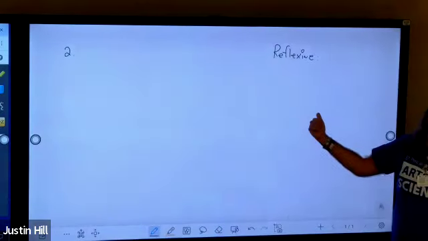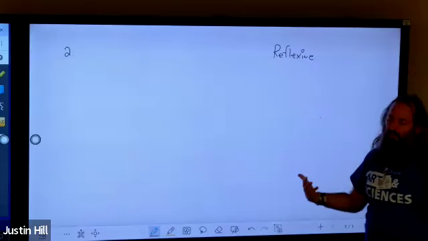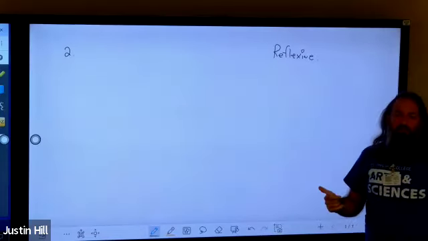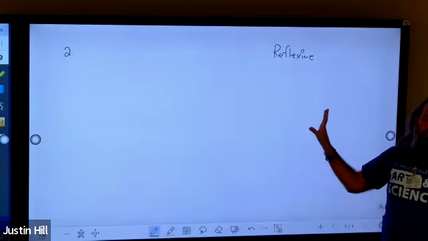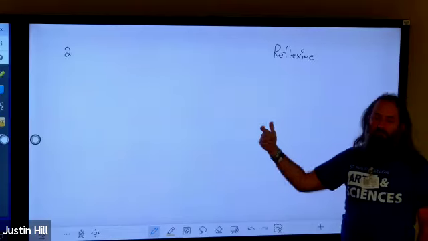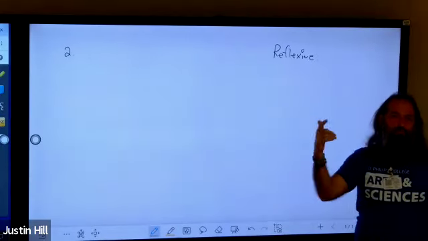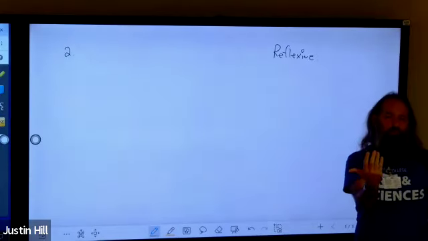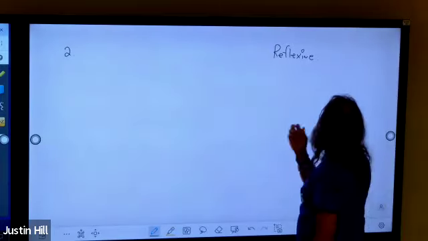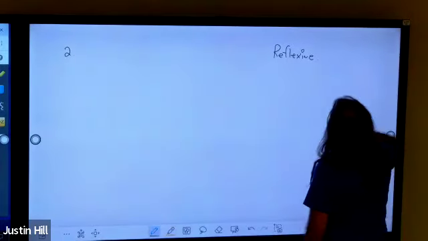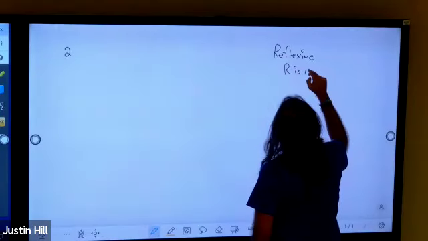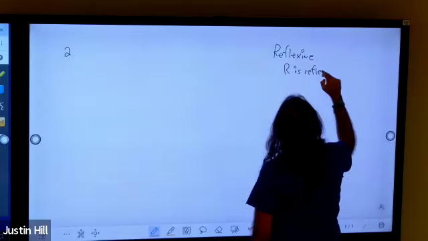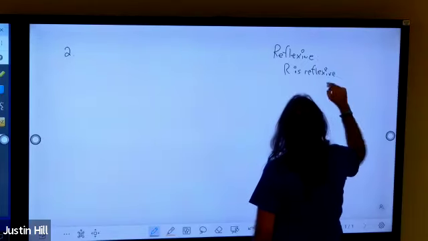Notice reflexive comes from the word reflect. That actually helps me remember what this property is about. The reflexive property is about looking at your relation and figuring out, is every element related to itself? Does it look at itself in the mirror? Does it see its own reflection? So R is reflexive if and only if